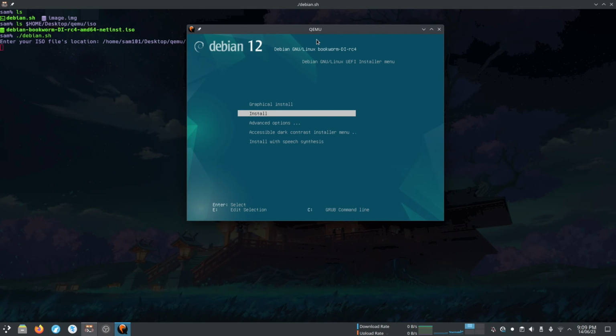Get the performance of this VM. But wait, we can further improve this VM's performance with one single trick, and I'm going to show you this trick later. But this trick will only work for Intel and AMD GPU users.